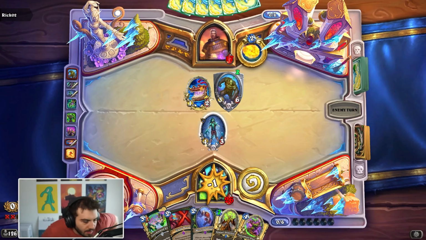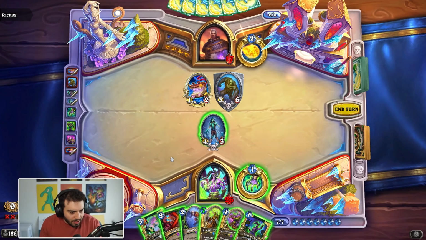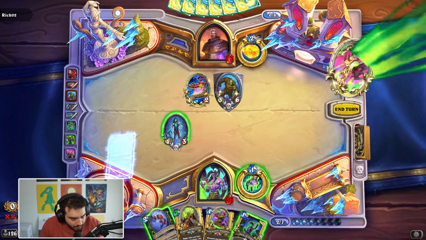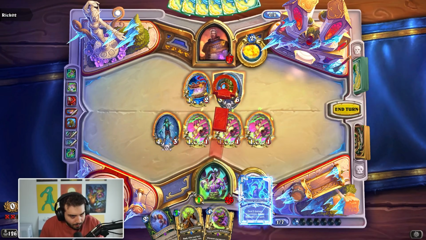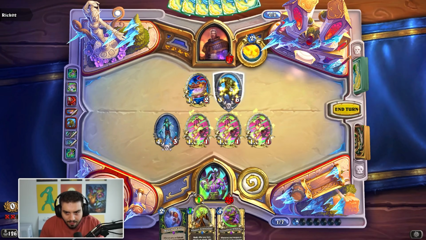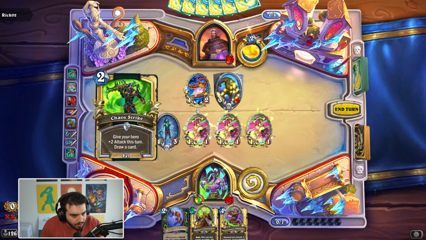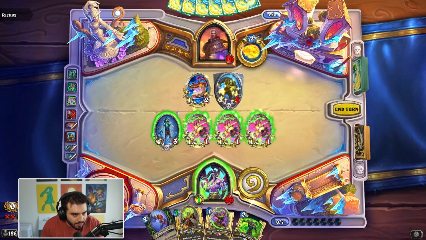Oh shit. That's not good. Well, wait, that actually ended up doing very well for me. So we can do this, into this, into this, and then we get this first. But this is a lot of damage. Chaos Strike is nice, so we'll take Chaos Strike, I think. It's just damage. Oh, I guess Predation's the same thing, but...